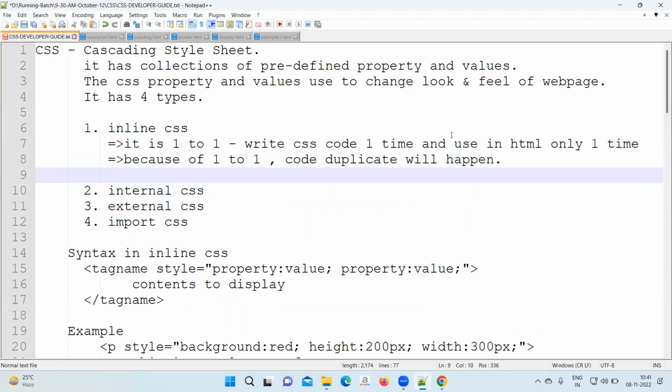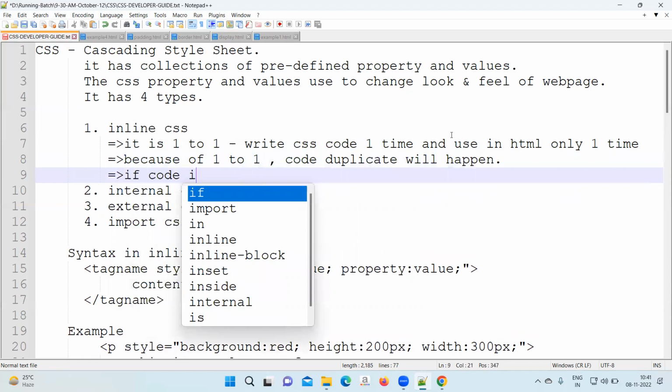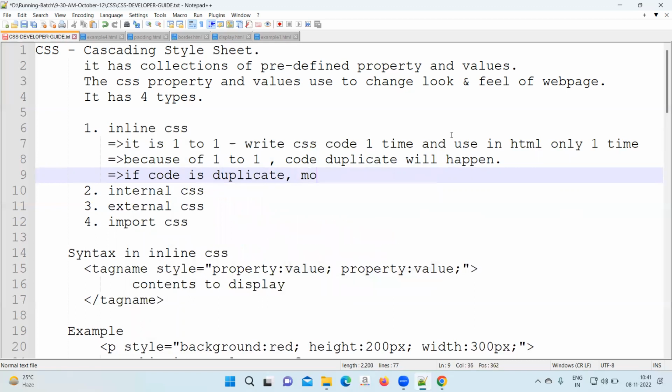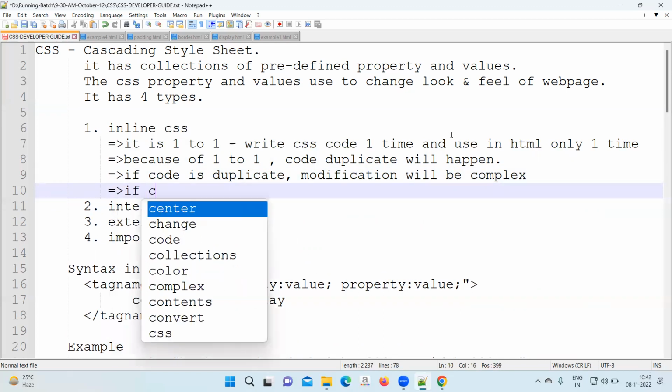Come down. If code is duplicate, modification will be complex. If you want to modify anything, it will become complex. If code is duplicate, modification will be complex. Next, you write: if code is duplicate,